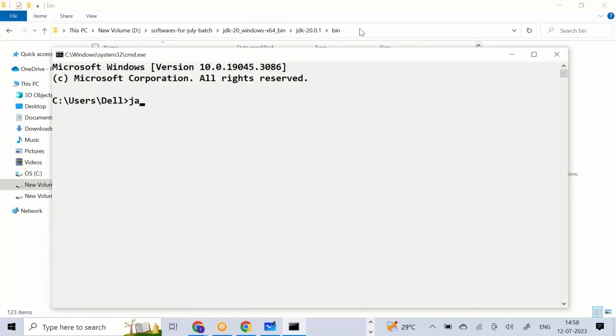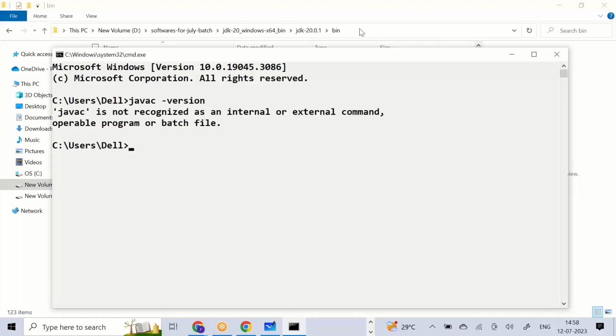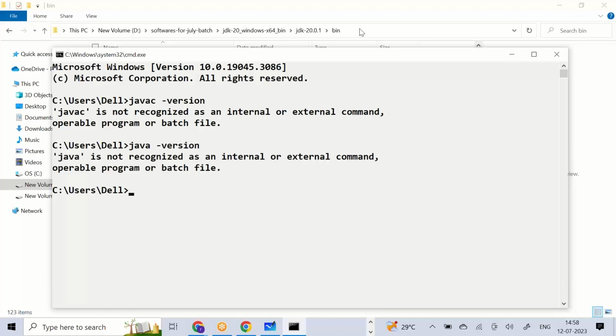By default, we cannot run javac command. Let me show setting a path. Set is a predefined command like CLS and CD. Set space path is equal to